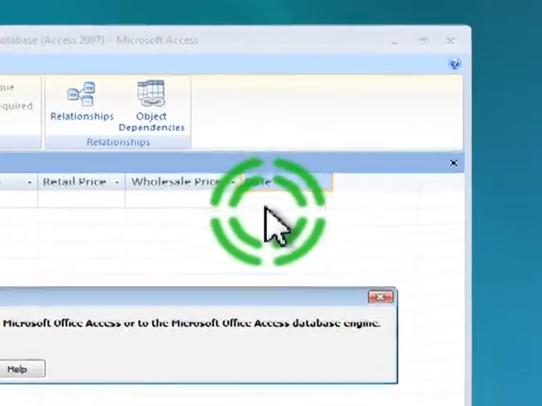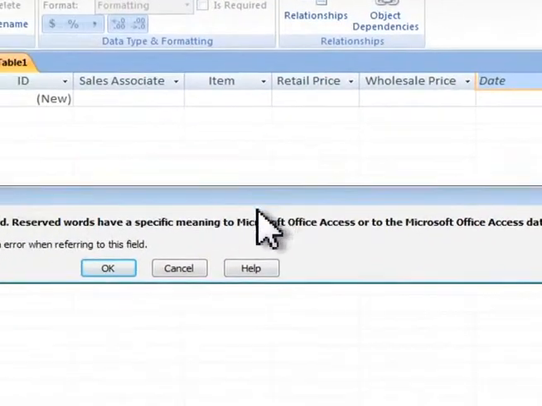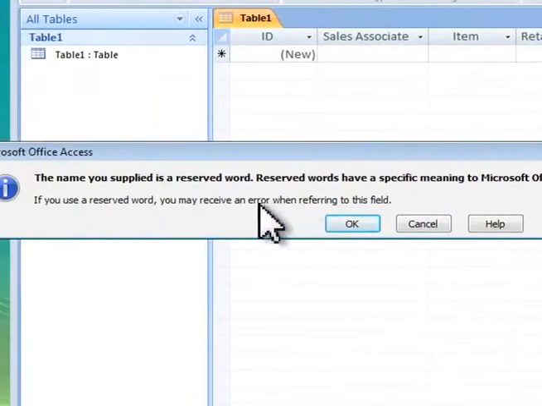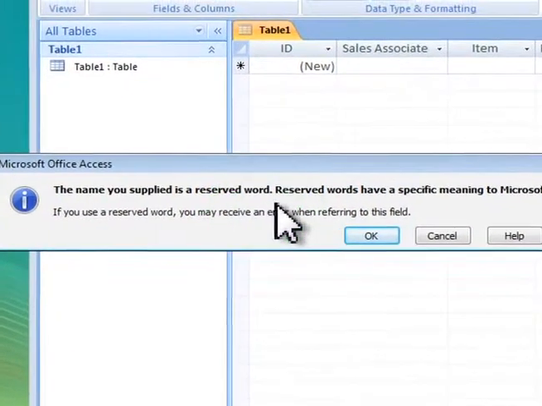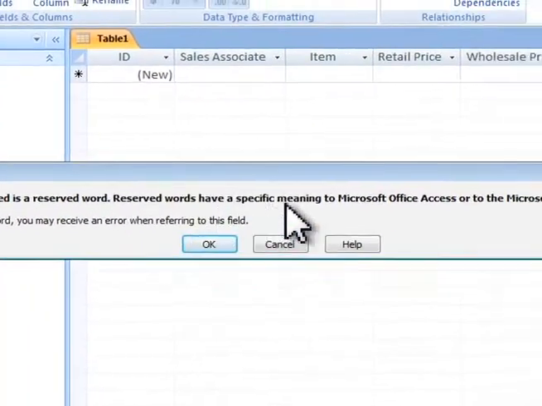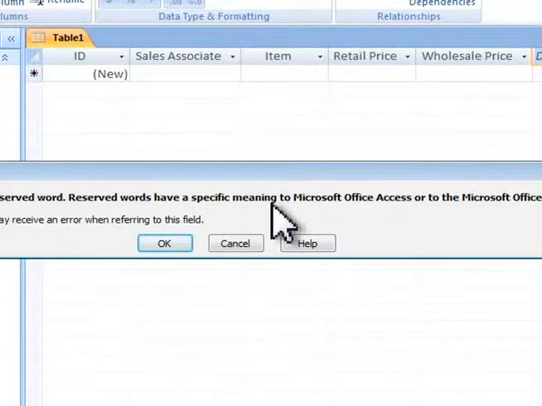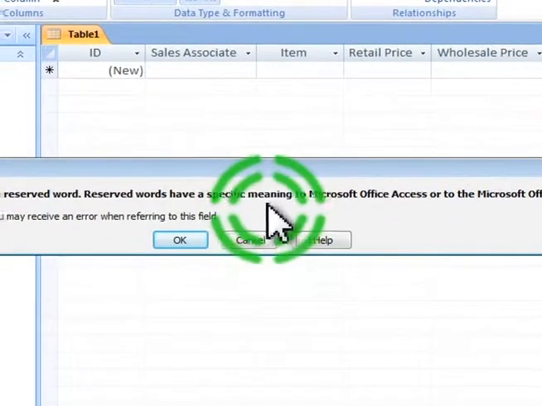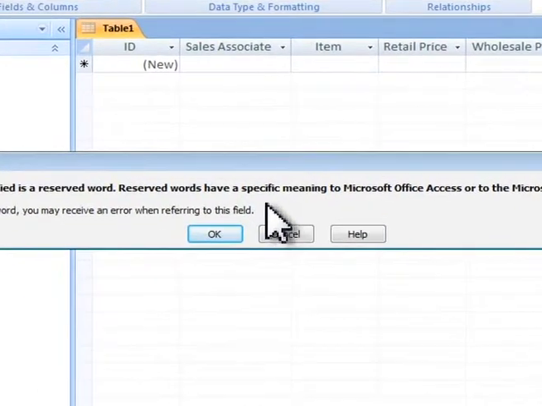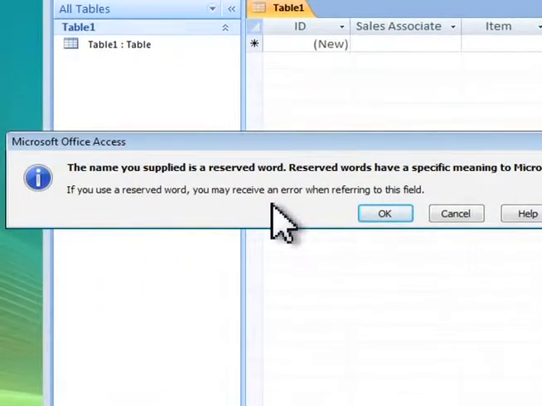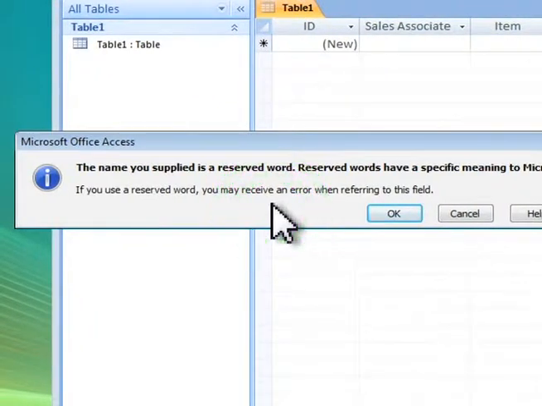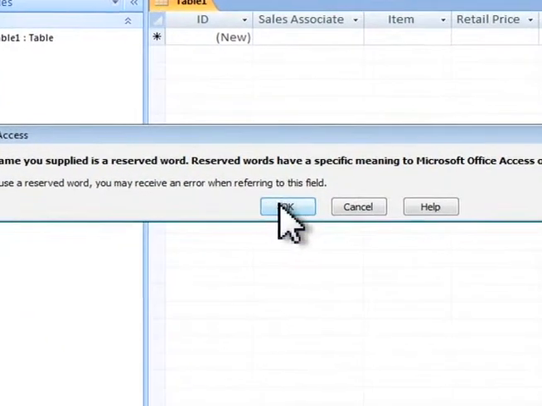Now we have an error message here. Well, it's more of a warning. The name that you supplied is a reserved word. Reserved words have a special meaning to Microsoft Access. The window goes on to explain here that if we use a reserved word, such as date, you may receive an error when referring to this field. So we'll click the OK button on this window,